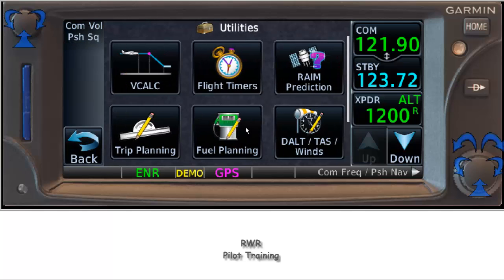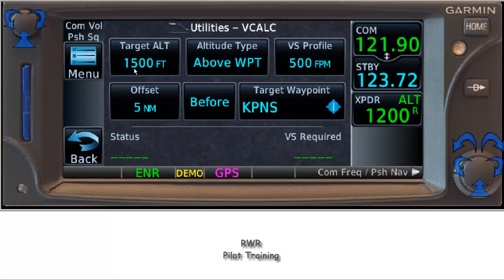One thing that might be useful is calculating the vertical descent. Now some of the approaches, or the arrivals I should say, are going to have an expectation for the descent, and so this would be a good time to research that. If you have NEXRAD XM weather available, including METARs and TAFs, you might want to check on the METAR, see what the winds are doing, assume what runway might be in use and which one you might prefer, and then calculate the descents based on the